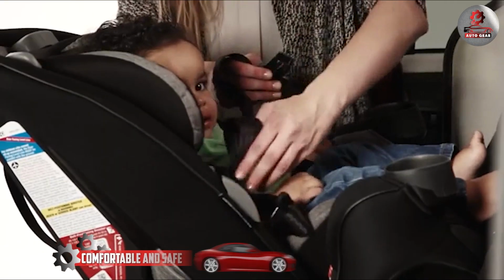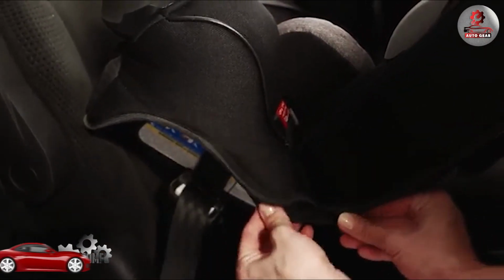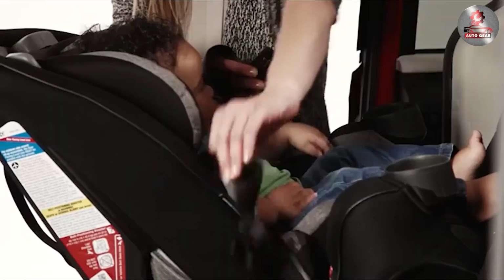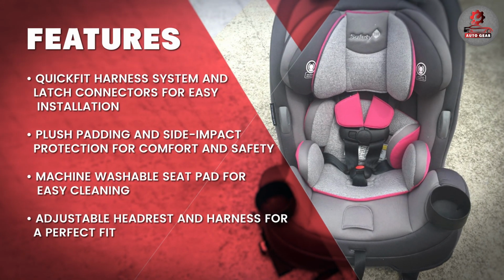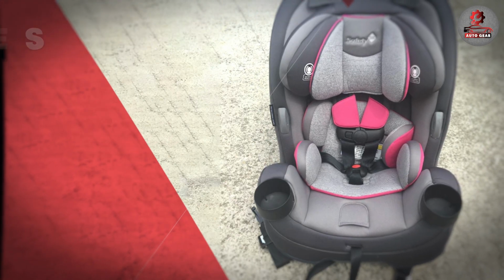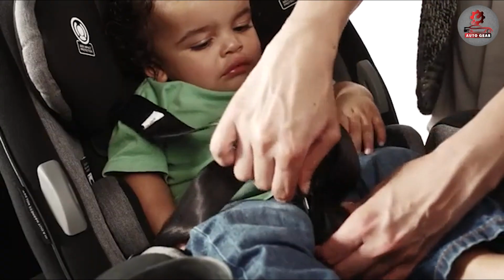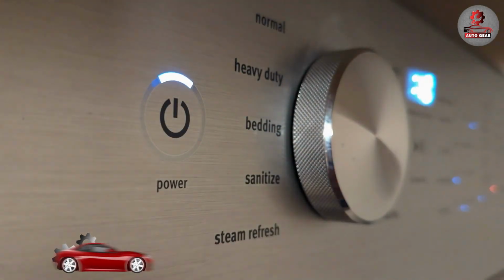The Safety First Grow and Go all-in-one convertible car seat is designed to provide maximum comfort and safety to your child. It features plush padding and soft fabrics that are gentle on your child's delicate skin, as well as side impact protection that helps to protect your child in case of a collision. The car seat's seat pad can be easily removed and machine washed, making it easy to keep the car seat